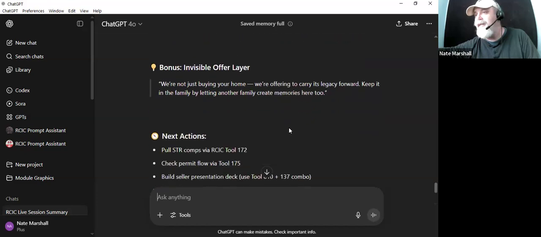And then you can also do your visible offer layer. So we're not just buying your home, we're offering to carry its legacy forward, keep it in the family by letting another family create memories here too. There is a lot of language in here. So you can get a lot of help with what to put in your offers and